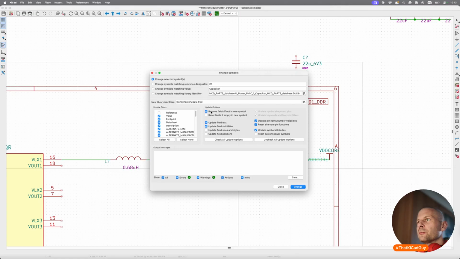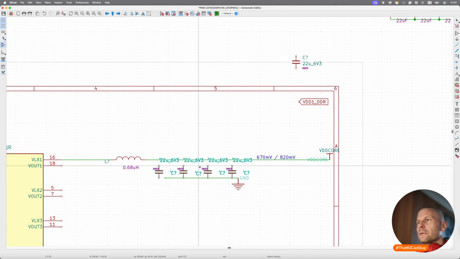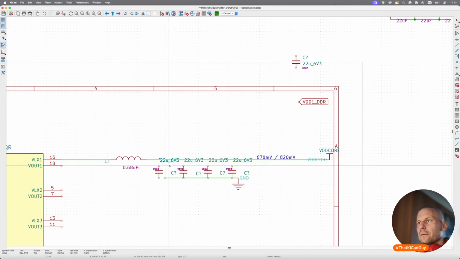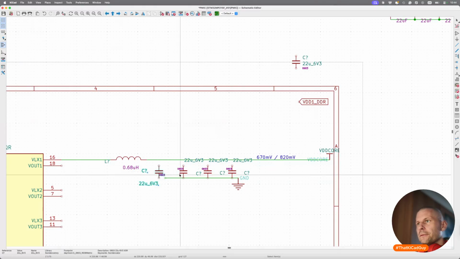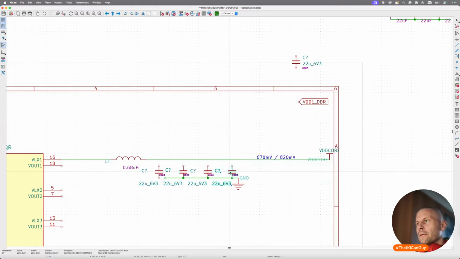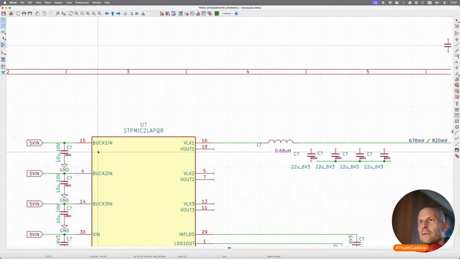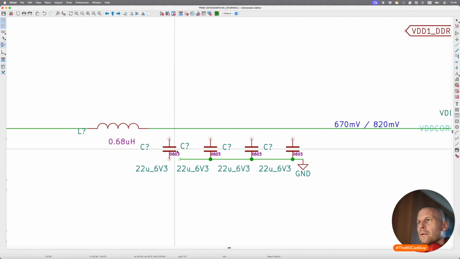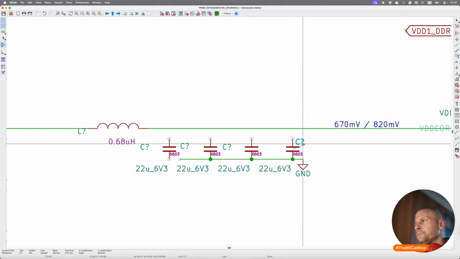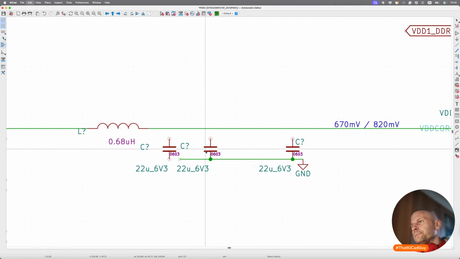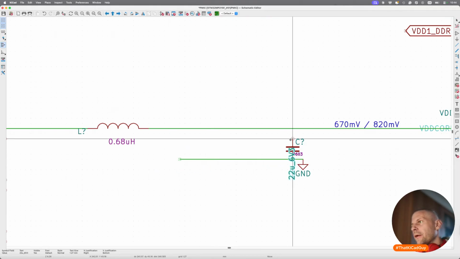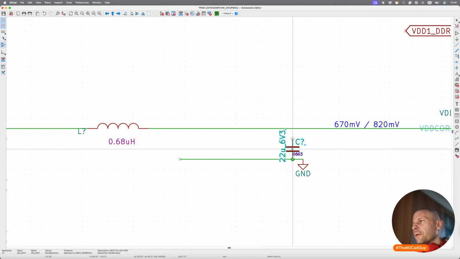Remove fields if not in the symbol. Yes, this is our symbol, but yeah, with the symbol replacement it will be a lot of work, but